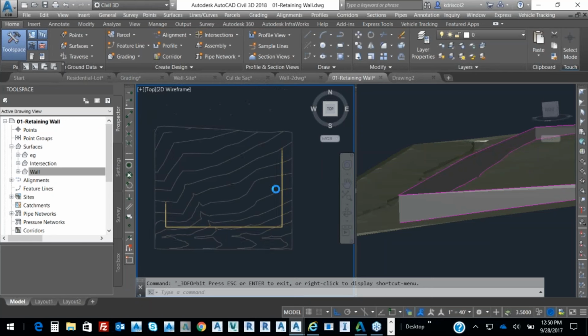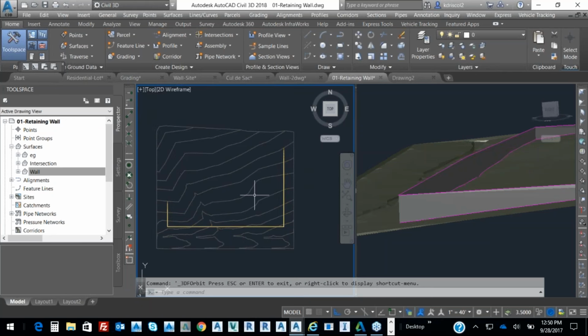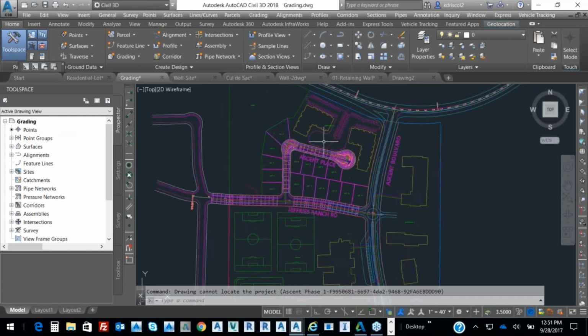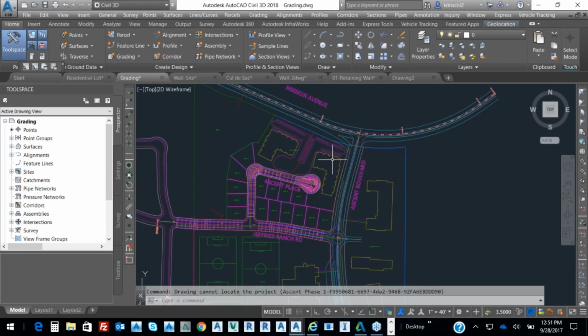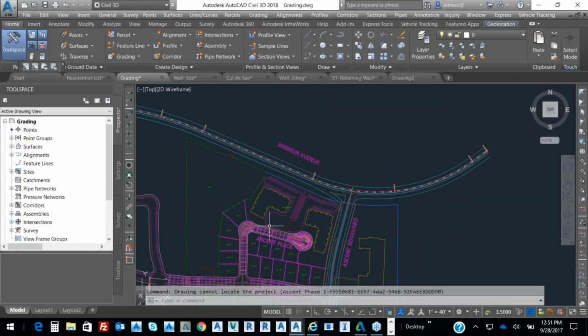Okay, all right. So we're just moving along, moving along. So one of the things that we want to take a look at is this idea of grading. So we're still on this premise of the basics. So anytime that I do grading, I'm always thinking of a drainage scheme first. Once I know what my drainage is, it's a lot easier to grade. So something as simple as this,